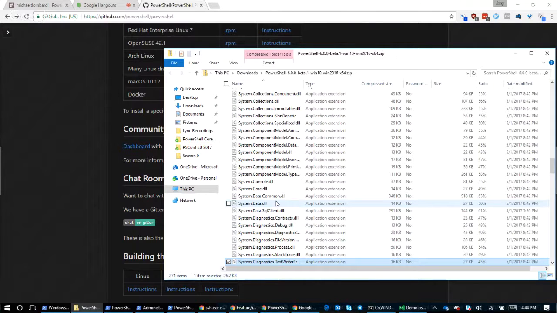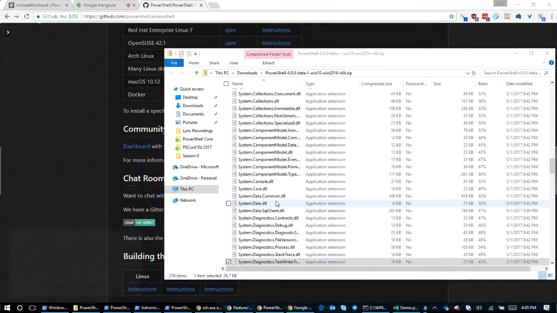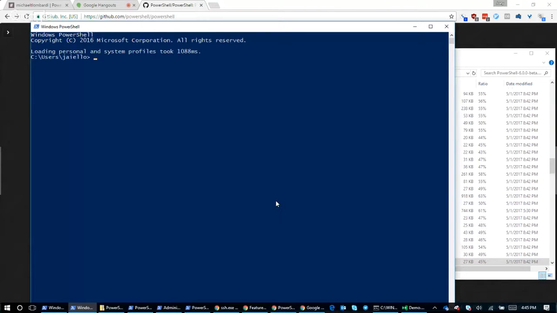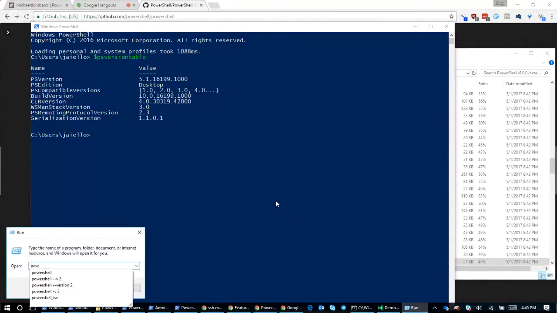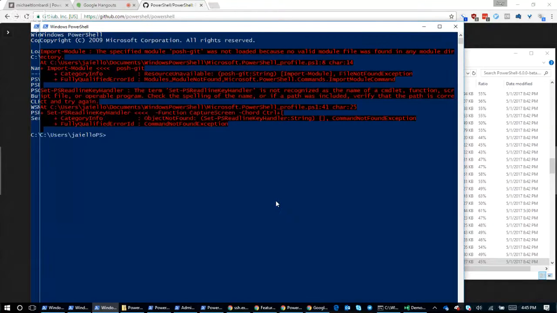And so you essentially can go and install this to a machine. Like I said, install a zip, or even with the MSI, we install to Program Files rather than System32. And it's not going to touch any of your stuff. If I'm on this machine and I type Win+R, PowerShell, this is PowerShell 5.1, right? It's what you'd expect. I've got PowerShell version 2 installed. You notice copyright 2009, right? This thing works, right?